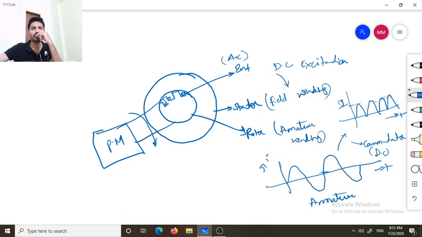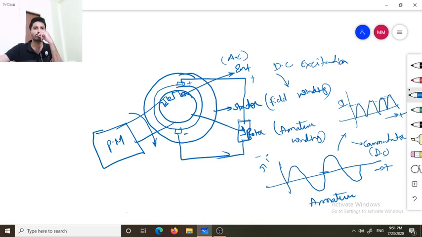The current is collected from the commutator by using brushes. Brushes are mounted on the commutator. There is another device present inside the rotor, which is nothing but a commutator, and upon that the brushes are mounted. That will take the current from the positive brush and negative brush. We collect the DC current and give it to the load. In this way we get electrical output power.